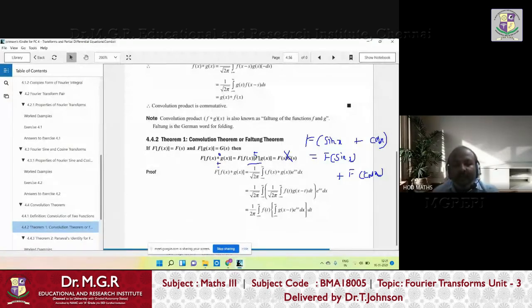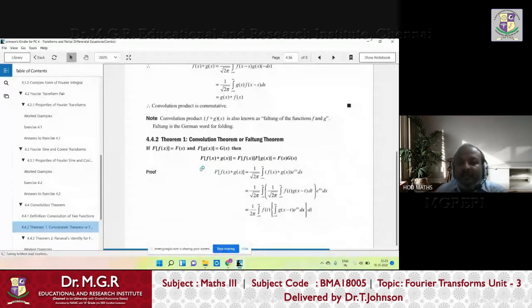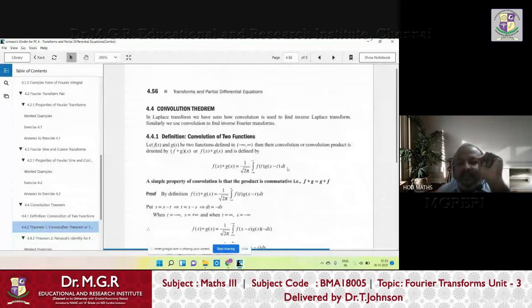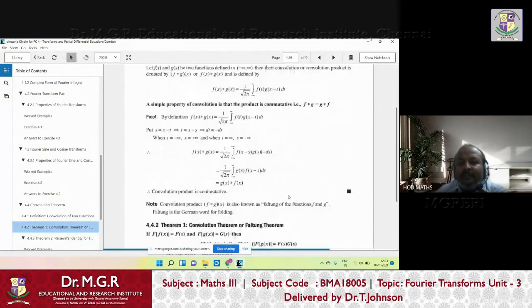So the Fourier transform of f of x into sin x is not equal to the Fourier transform of sin x into the Fourier transform of cos x. Then what will be the product of two transforms? That is nothing but the Fourier transform of the convolution of two functions. We will just see this result in two minutes, then we wind up for the next class. So just listen carefully for the next 2 minutes.